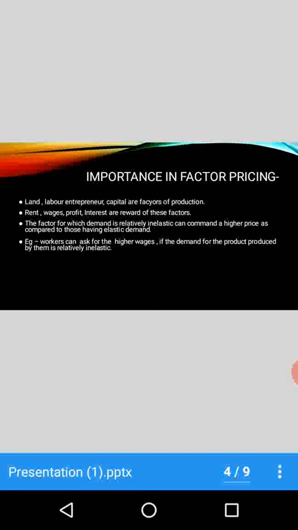But in case of workers whose product has relatively inelastic demand, if they charge higher prices for their product, there will be no effect, or less effect, on the quantity demanded, because demand is relatively inelastic. Therefore they can get more wages. For example,